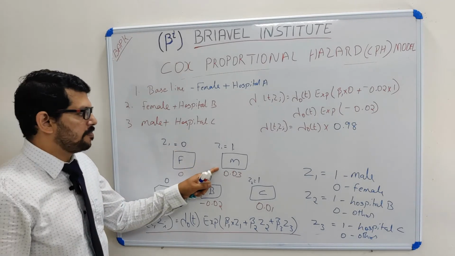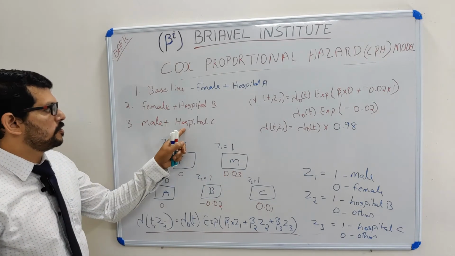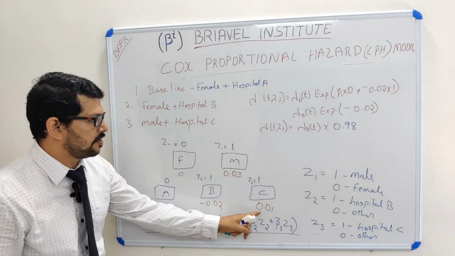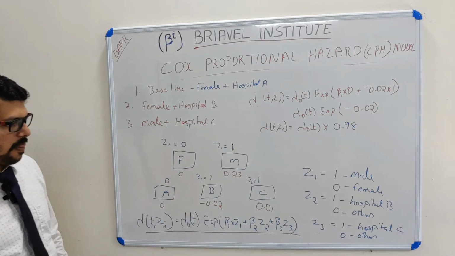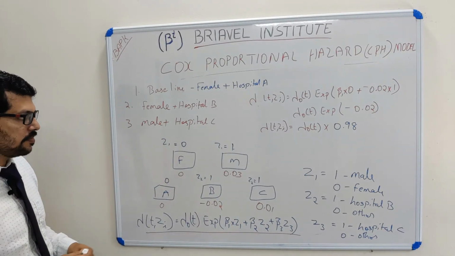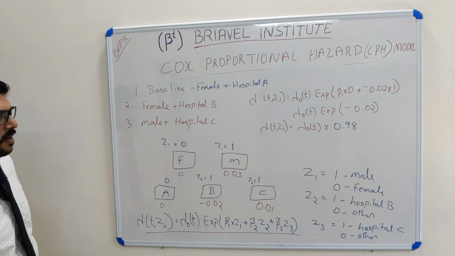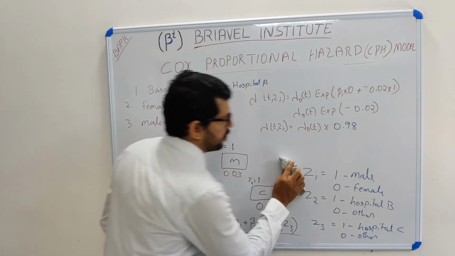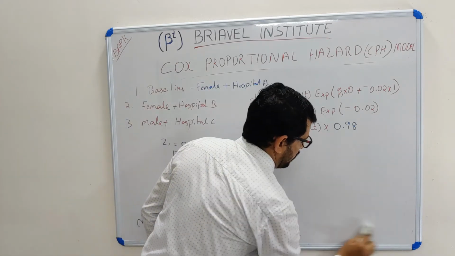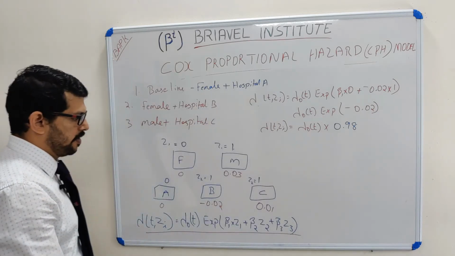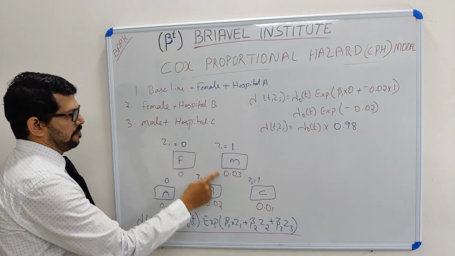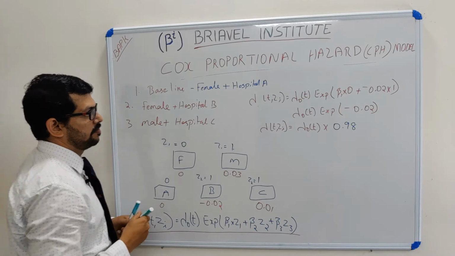So male has a regression parameter, and hospital C also has a regression value. So how do we calculate male plus hospital C? We have to substitute Z1 for male. So my equation